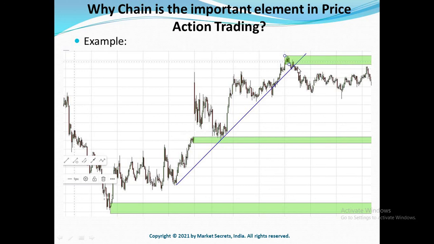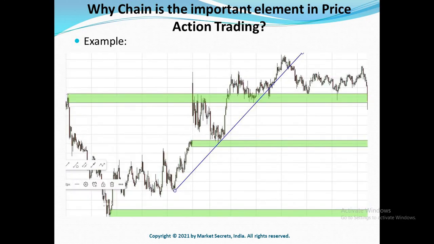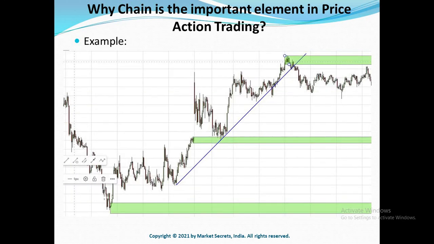So this break of trend line will create a new supply zone at the top. So I have marked this new supply zone and once you mark this new supply zone, this trend line will become invalid. So you can remove this trend line. So if you look at these steps and examples, right, you can clearly see how these trend lines and zones are integrated and related to each other, forming a chain relationship.